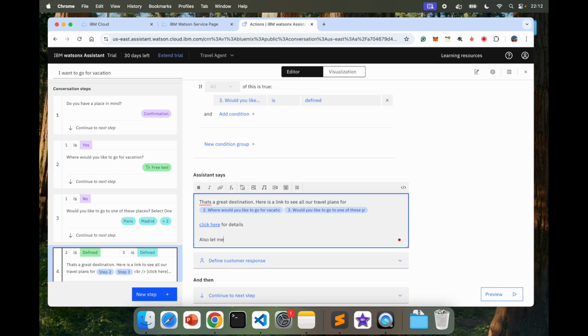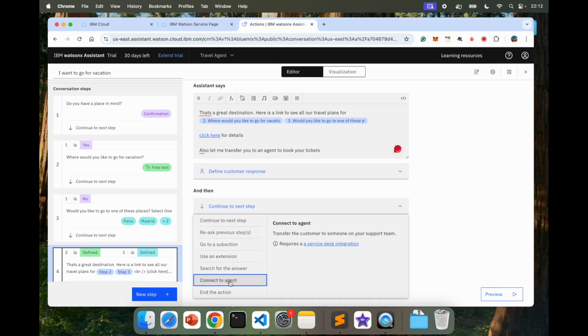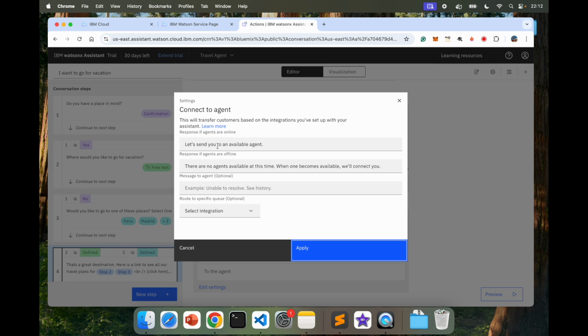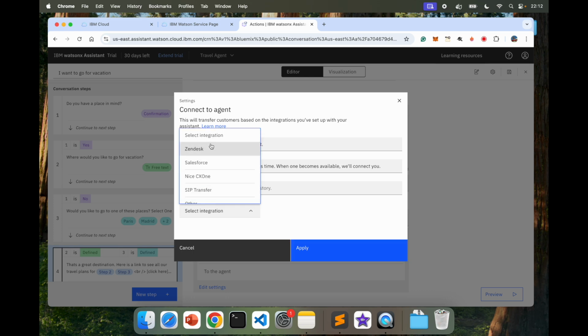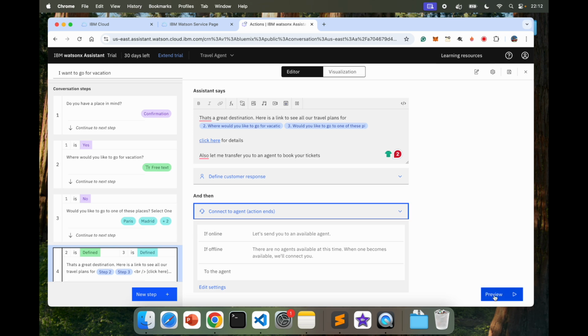Also, let me transfer you to an agent to book your tickets. And to the next step, I will say connect to an agent. And here you can say, let's send you to an agent. So this is what it's going to tell you. There are no agents available, or you can give optional messages. You can select an integration based on what you want to use and then apply that at the end of it. So let's save this,